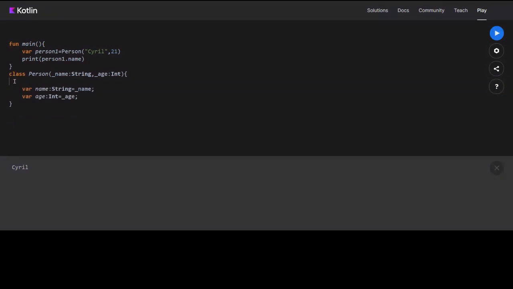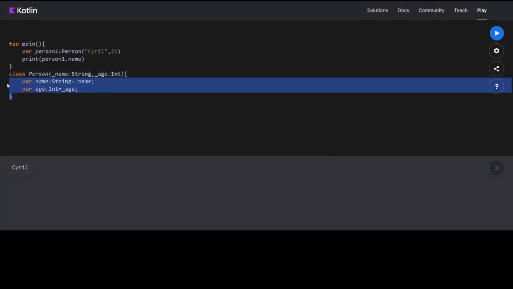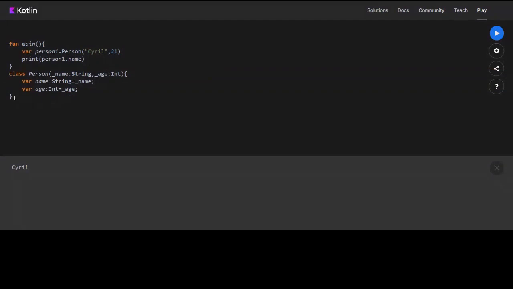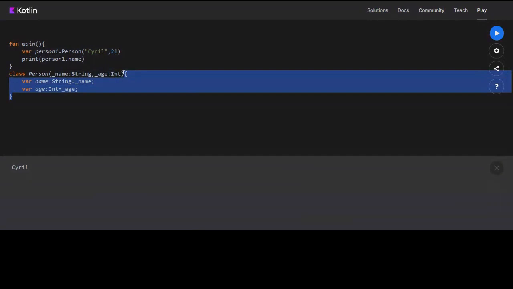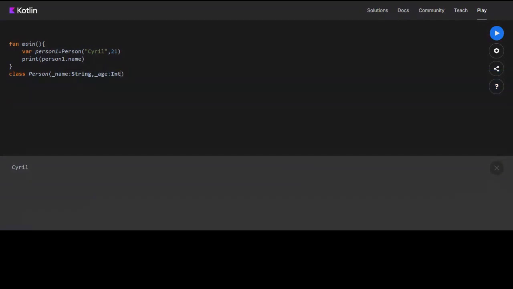So this is how you define constructors in classes, and this is how you define classes. Like these are the values. One more thing you can do is, instead of writing it like this, you can define the properties in the constructor itself. To do that, you will just have to type val.